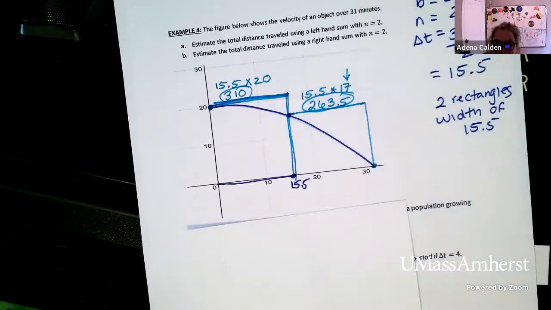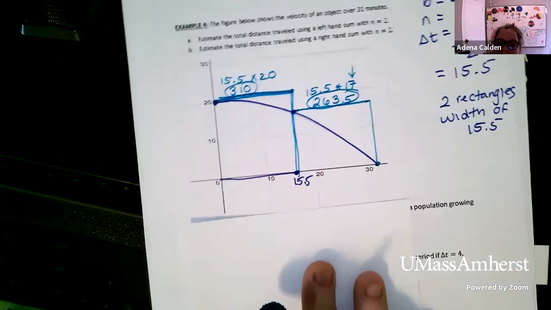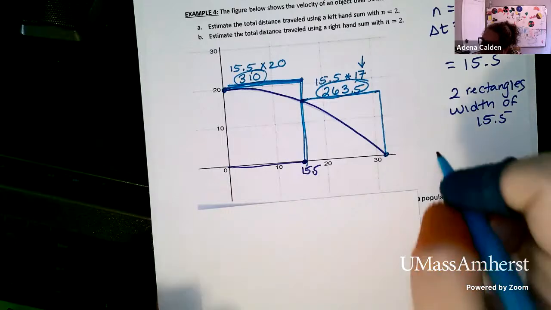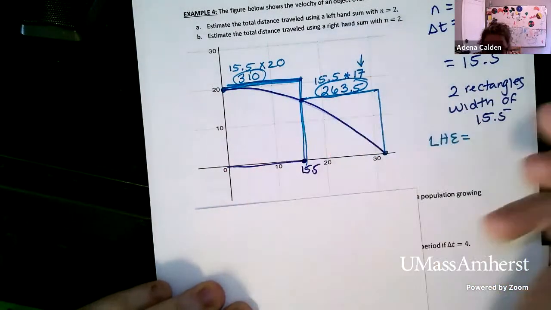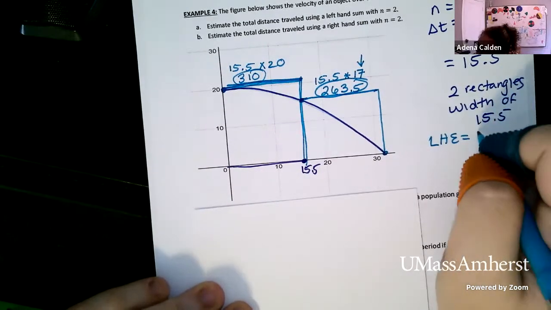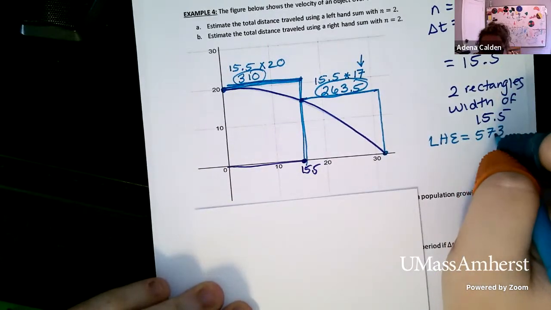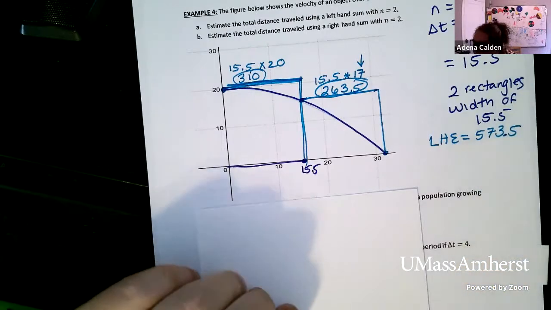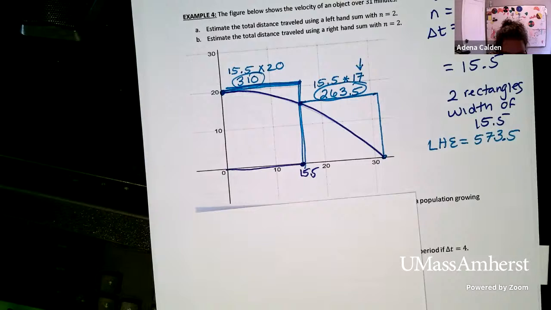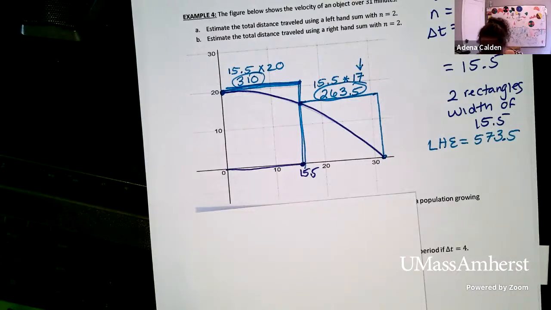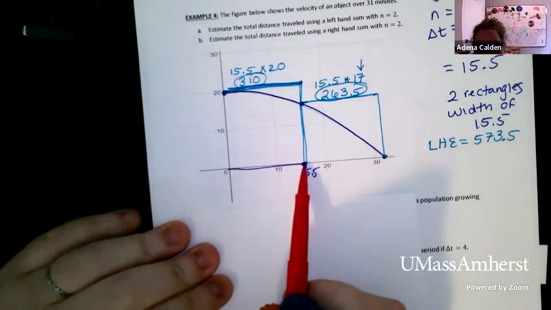263.5 for my second rectangle, which means that my left-hand approximation is going to be to add these two numbers together, which is going to give me 573.5. Okay. Now, when I do my right-hand approximation, I'm going to do something similar, only now 0 to 15.5,